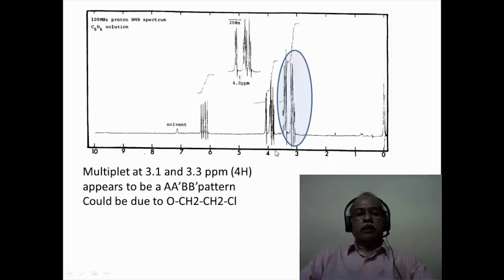So this could be essentially because the chlorine is present in the molecule, it could be a CH2Cl and a CH2O attached ethylene group is what is seen in this particular system. This ethylene group, the CH2 and the CH2 would correspond to an AA' BB' kind of a pattern. Second order pattern is what is expected.